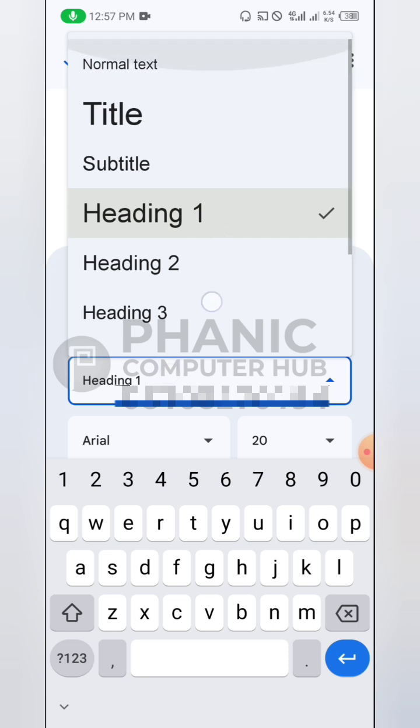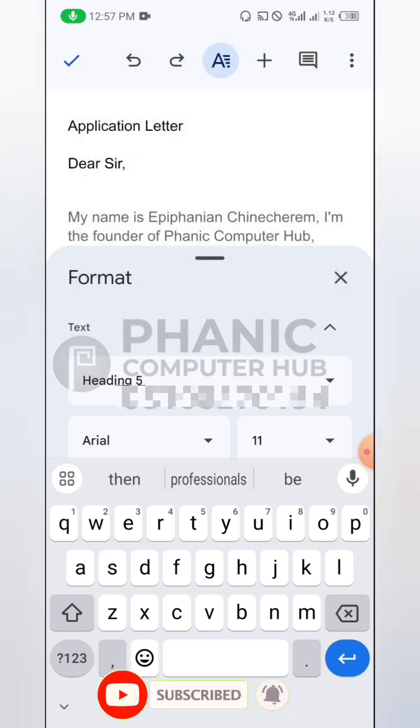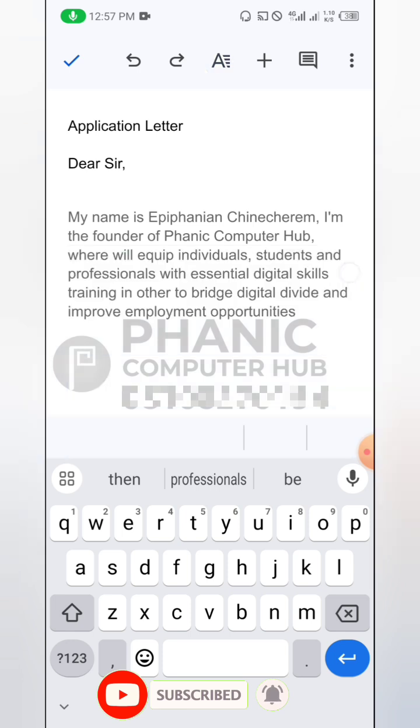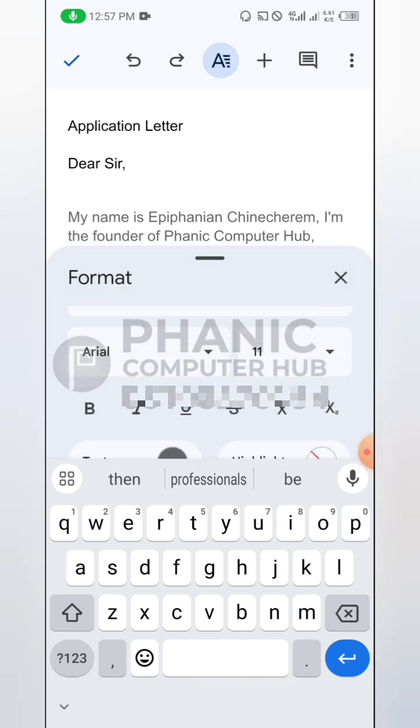Or I can reduce it, or I can select subtitle, or I can select heading 5. Can you see heading 5? Can you see how it just reduced now? Okay, so I'll select this text again, I'll come down. This is